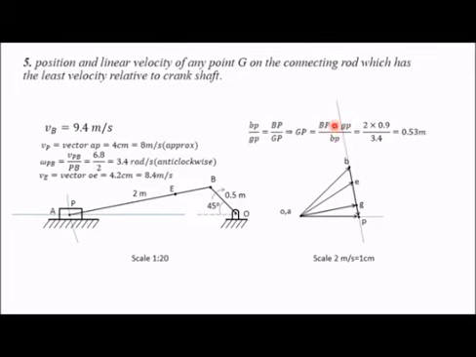So all these values: this BP total length is 2 meter, and small gp, when you measure this length you will get 0.9 centimeter. Now this BP you have already measured, this length is 3.4 centimeter. When you put all these values you will get 0.53 meter. So GP is 0.53 meters. Measure this length 0.53 here from P to G and mark that point G. You should use this scale. This is what we require to determine here.